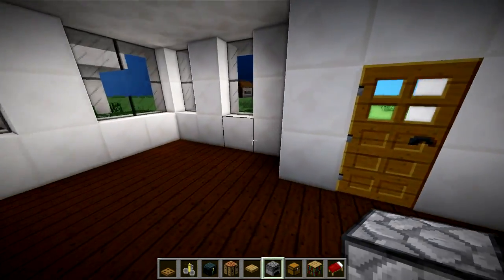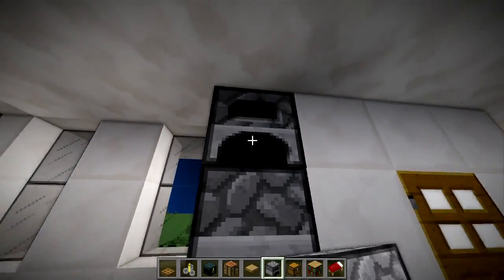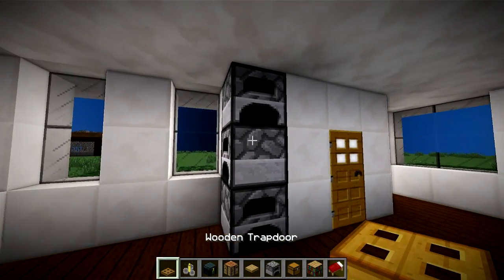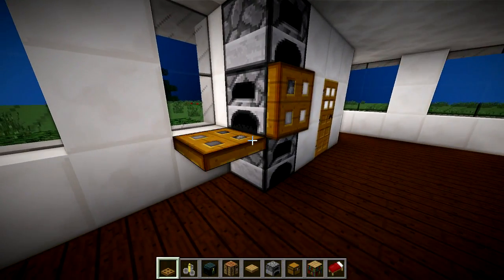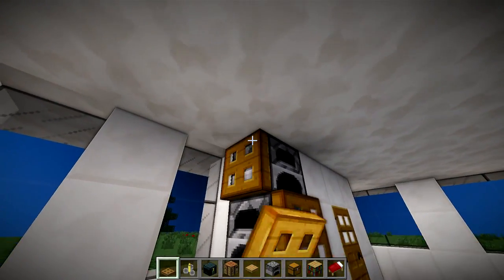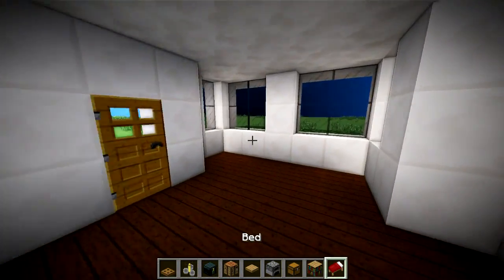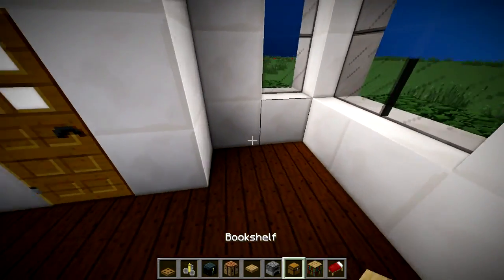Alright, so coming inside this empty house, right here we're going to do some furnaces like this, and then on the opposite sides you go ahead and just hold down shift or whatever it is on the console. You place a trapdoor on each side of the furnace that isn't open. It makes a nice little effect like that. I think that's interesting. In the corner here we're going to have some beds, we're going to have some chest